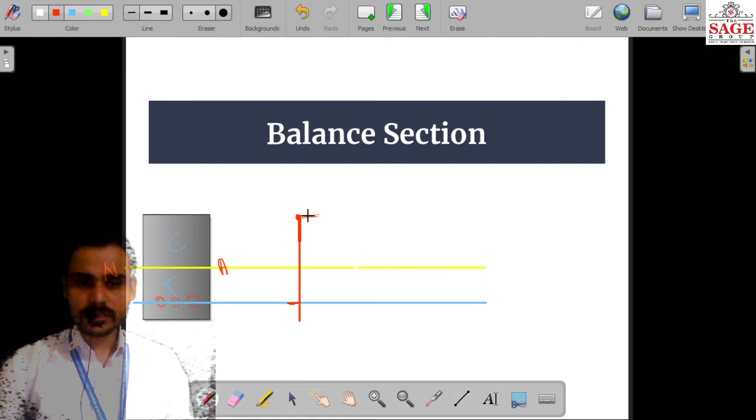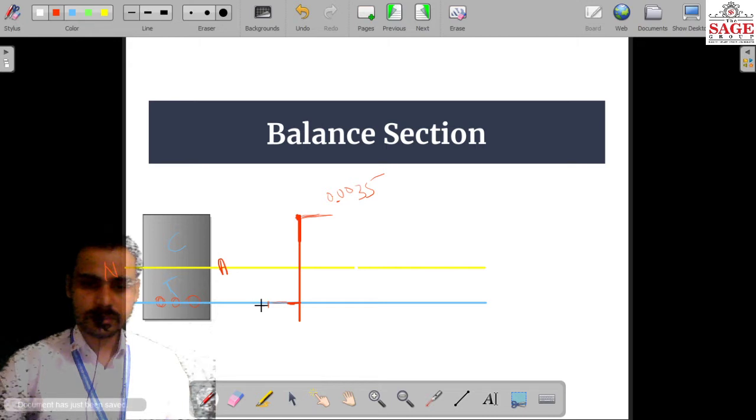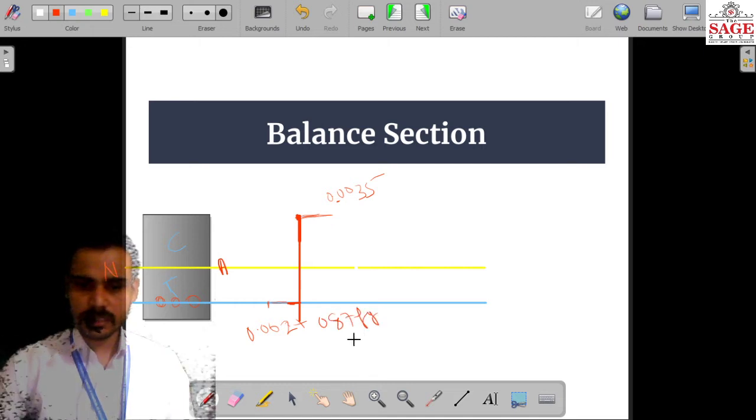With the passage of time and with increasing load, the strain will increase accordingly, and a time will come when the strain in concrete will reach its ultimate value, that is 0.0035. At the same time, the strain in steel will also reach its minimum value decided by the code, which is equal to 0.002 plus 0.87 Fy divided by Es. That is the minimum value of strain in steel, set by the IS code.